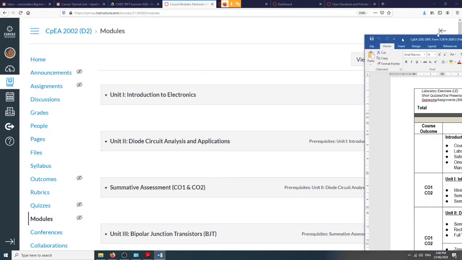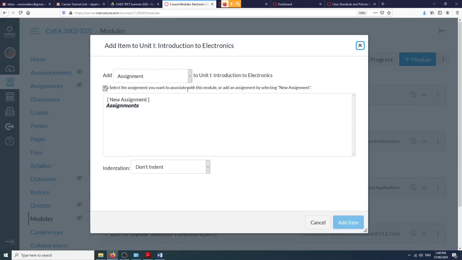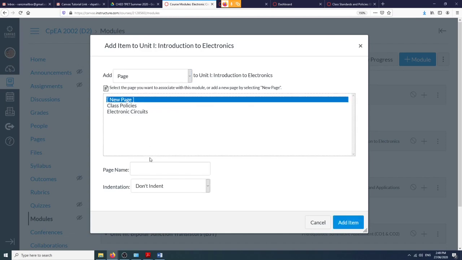So let's begin with lecture. So how do we add a lecture in our module? So just click add here, plus, and then you can choose assignment, quiz, file, page, discussion, text header, external URL, or external tool. So in this case, just create a page because lecture naman na siya, diba? Okay, then click new page and then type in lecture